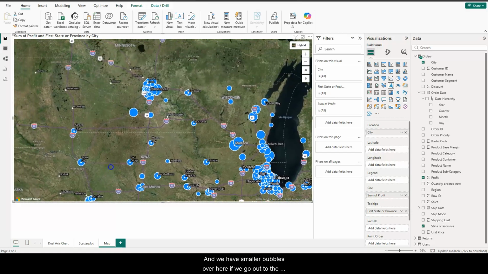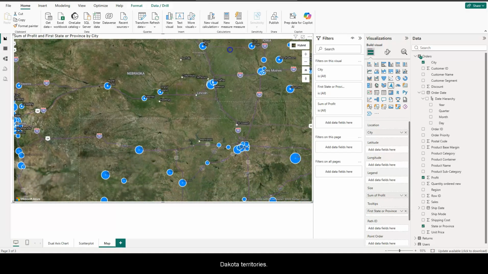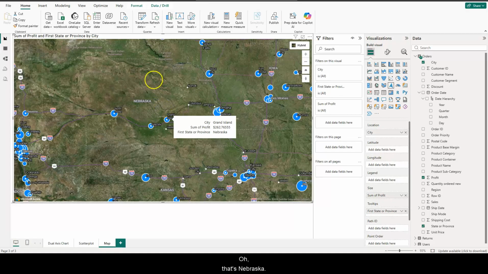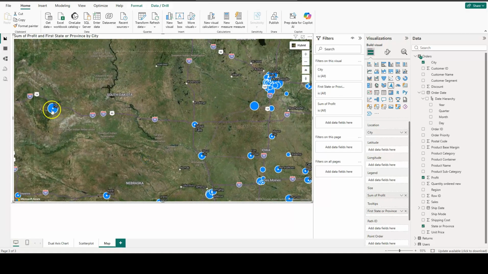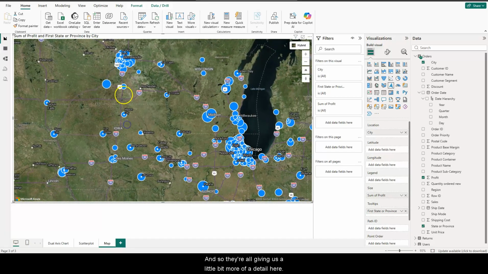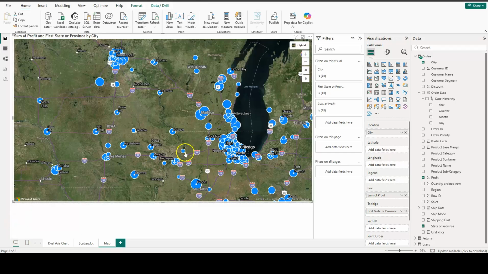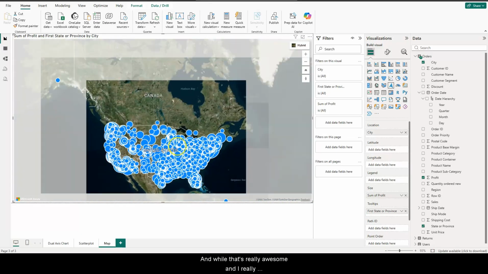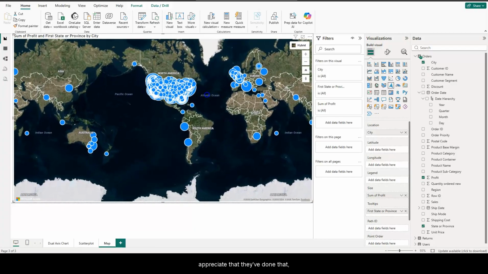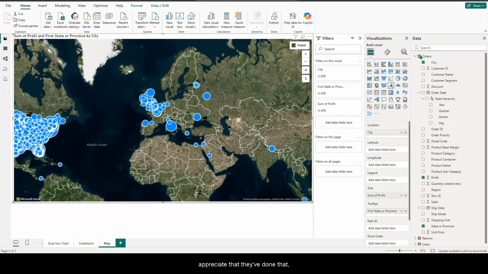If we go out to the Dakota territories, let's see, there's a small little, oh, that's Nebraska. Let's see, we have a little bubble here. And so they're all giving us a little bit more detail here. So what I'm pointing out is that you can use something other than longitude and latitude to make maps in Power BI. And while that's really awesome, and I really appreciate that they've done that, it's not entirely accurate,